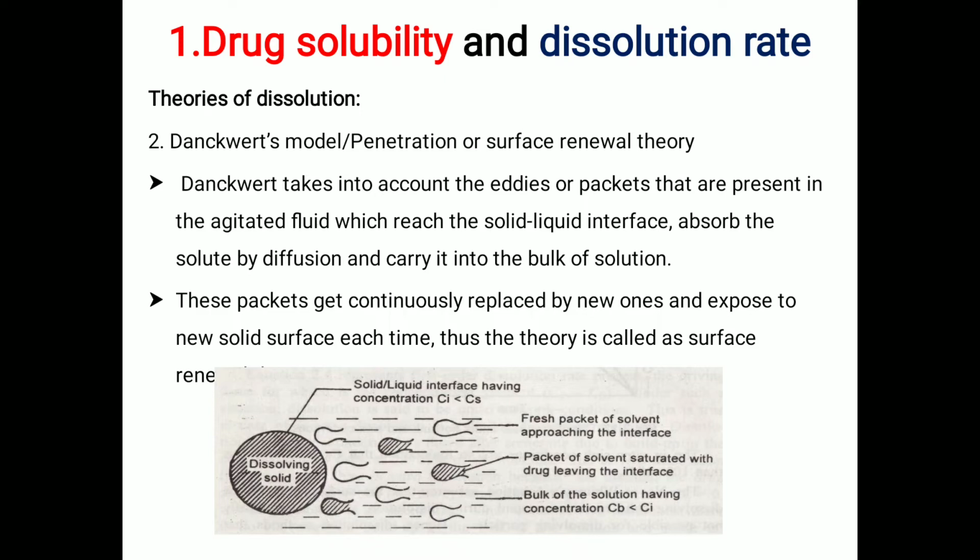In the figure you can see there are mainly two kinds of packets: packets of fresh solvent, and some packets which carry the drug in them. These packets can be called eddies. These packets are produced in the solvent, and they travel towards the